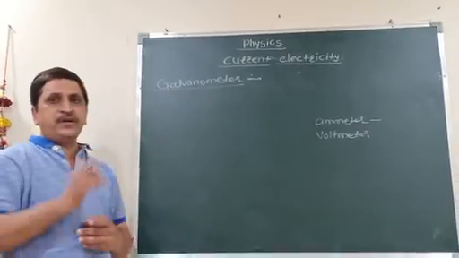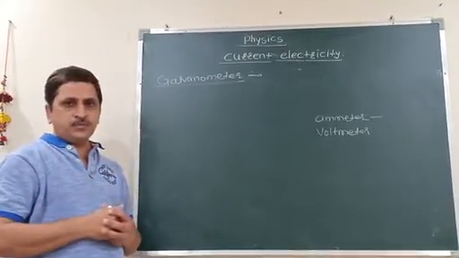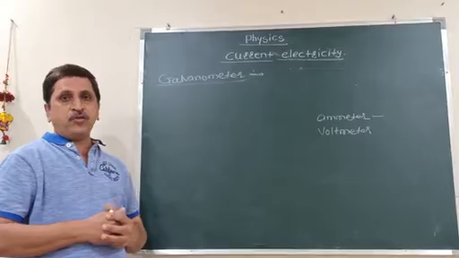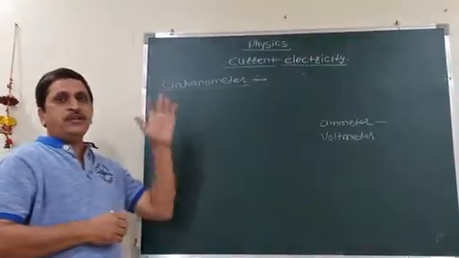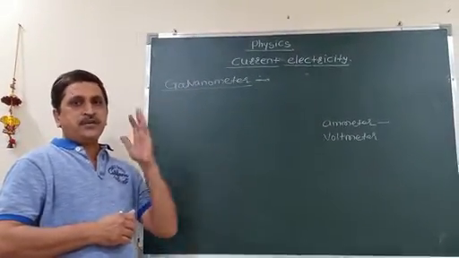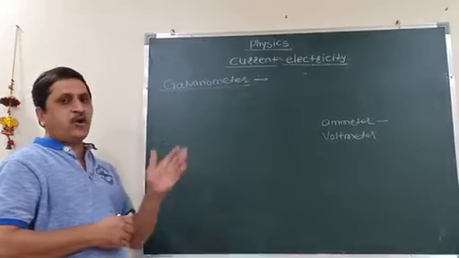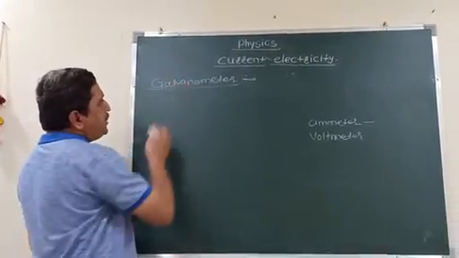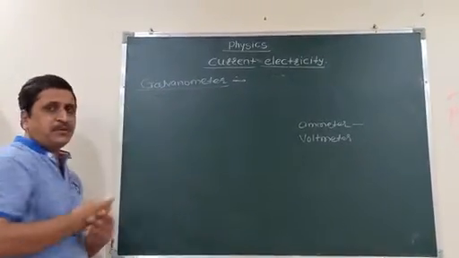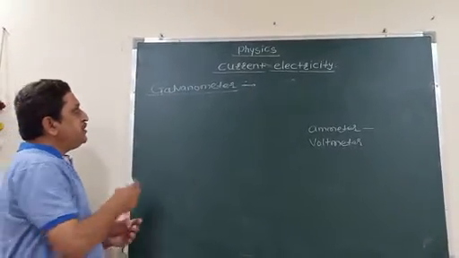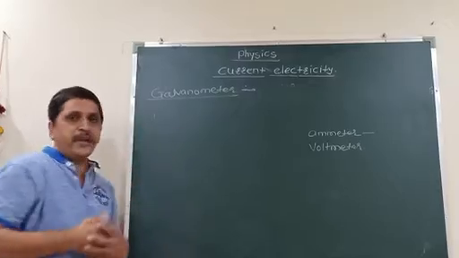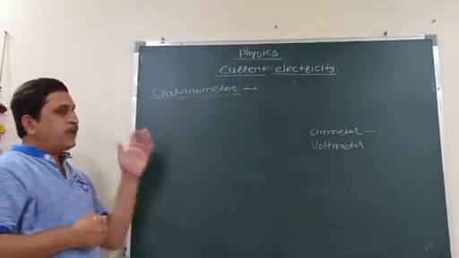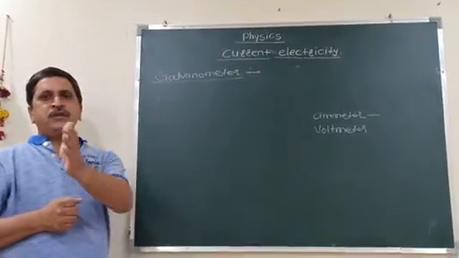It consists of one rectangular iron core. It consists of a rectangular coil. That rectangular coil is made up of insulated conducting material on a non-magnetic or non-conducting base. Then the galvanometer is useful for three different purposes. Which are these three different purposes? Number one, the galvanometer is useful to detect whether current is flowing through the circuit or not.